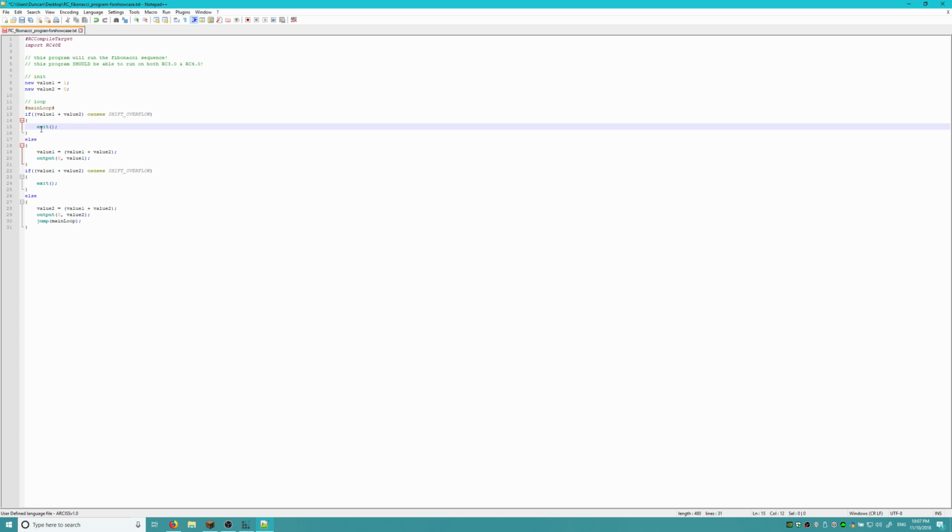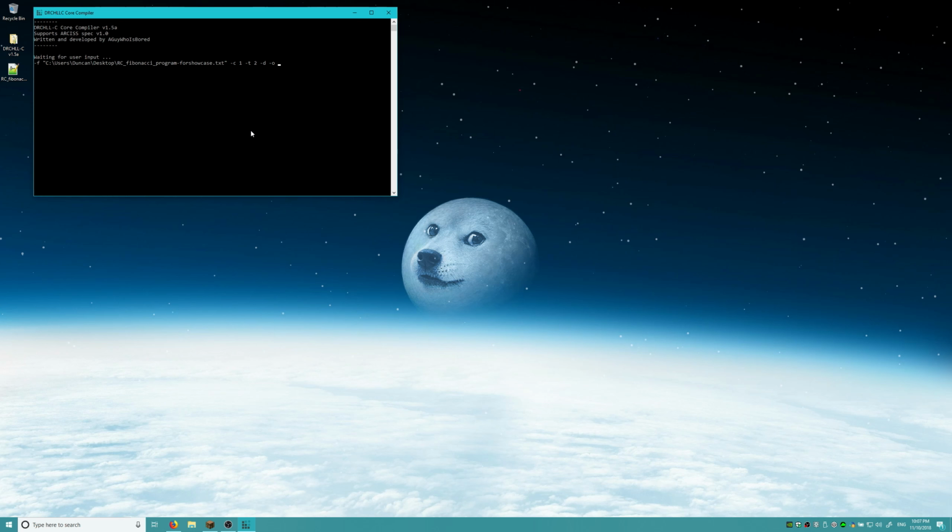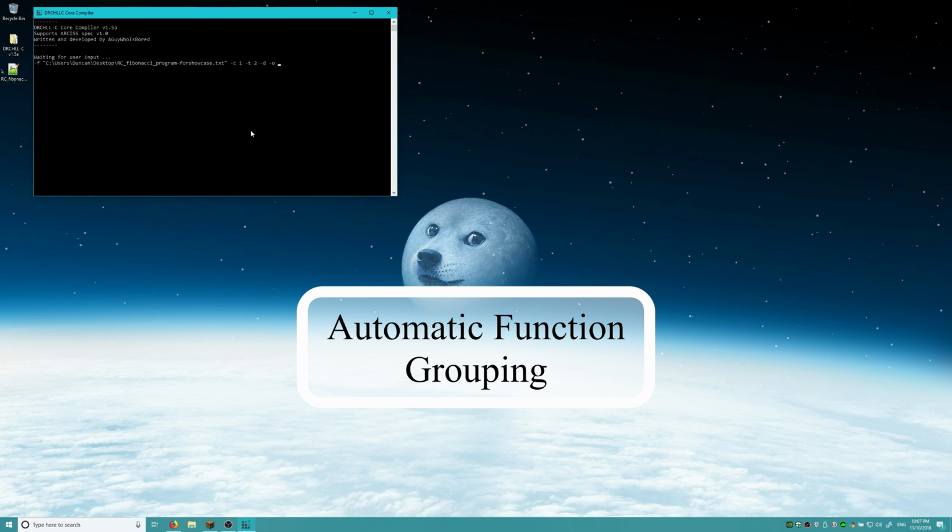For the redundant code removal optimization, it does remove assigning variables values of 0, because it's assumed that the RAM is reset at each compile time. So if we have duplicate lines of code and stuff, it'll clear that out, and it'll do a couple other things as well. Now the fourth optimization that you can select is what's called automatic function grouping,